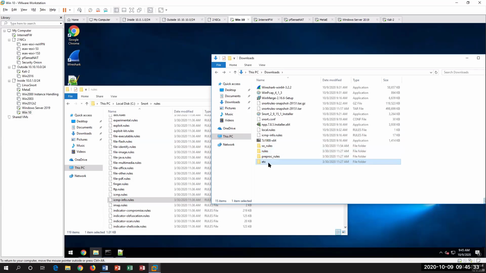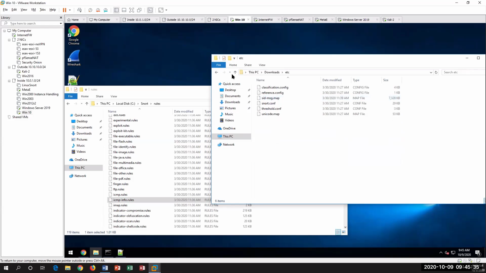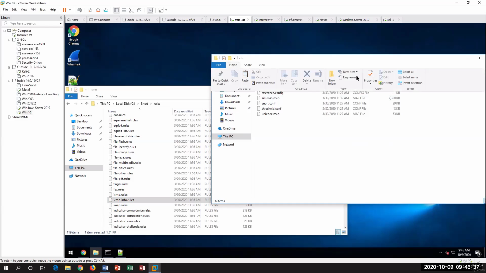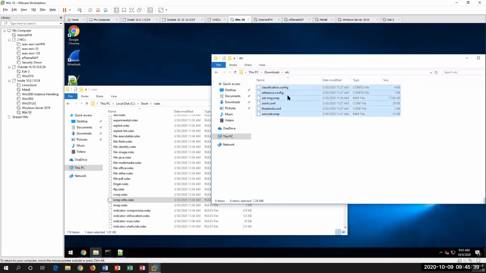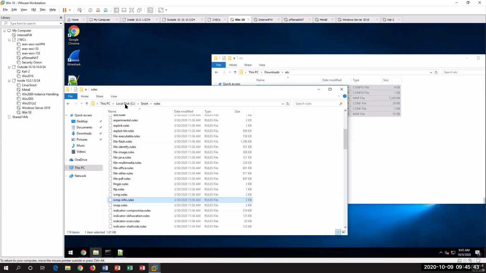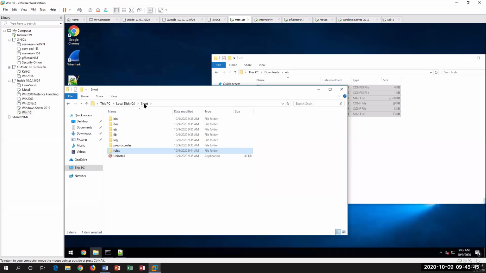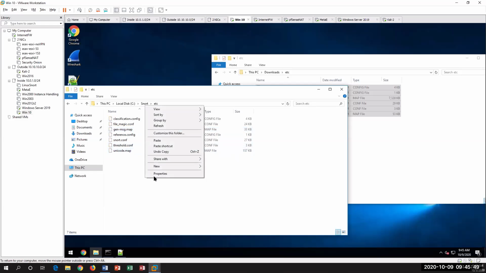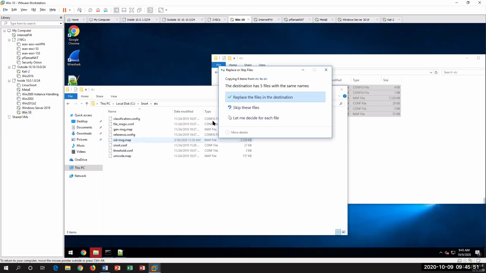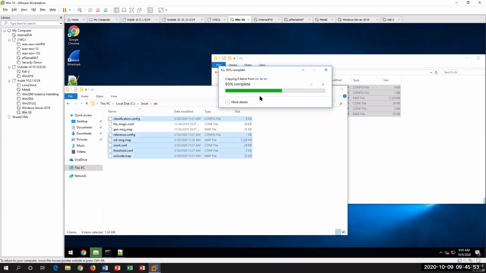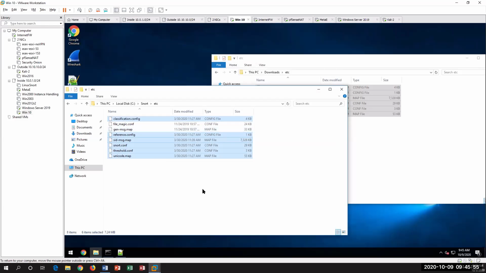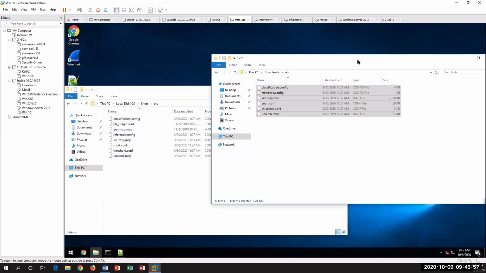the etc over. Whatever's in the etc, we can select it all. Copy, and come in here, and go to Snort, etc, and we're going to paste, and then replace the file. Okay, I'll go back. Now, the only one that we are going to skip is the,